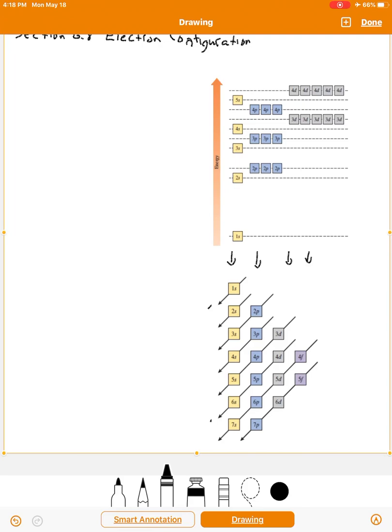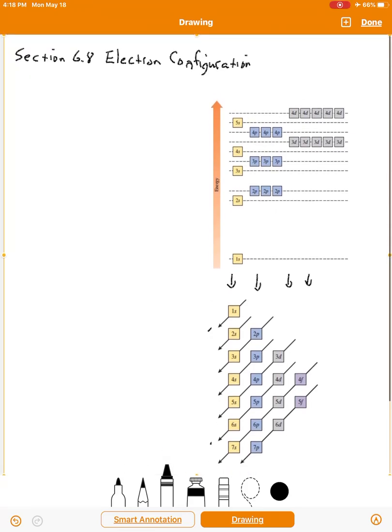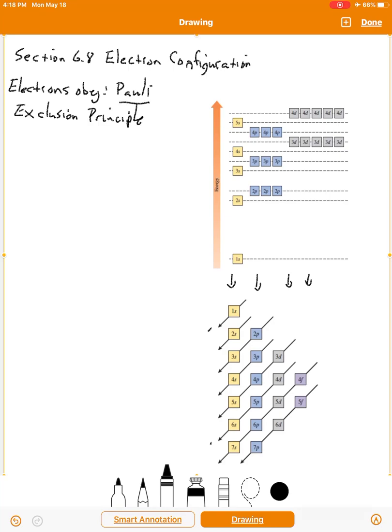Now, because electrons are fermions, they must obey a particular law, which is called the Pauli Exclusion Principle, named after Wolfgang Pauli. The Pauli Exclusion Principle says that no two electrons in an atom can possess the same four quantum numbers at the same time. So for example, if you had two electrons in an atom,